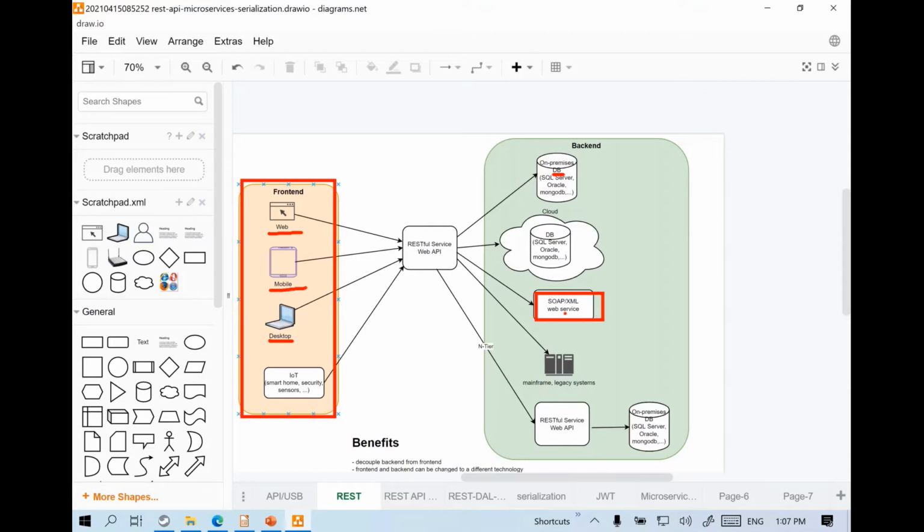So you might have a requirement to connect to these services. You might have a requirement to make sure that your front end should be able to access your legacy systems like mainframe-based applications and so on. Or you might have a requirement to connect to some other service as well.